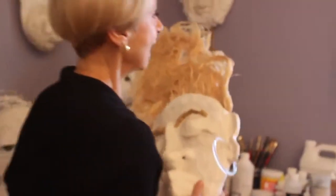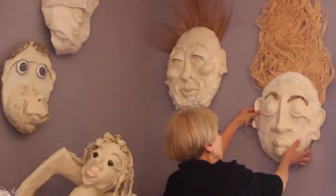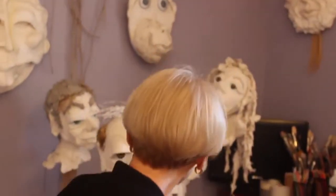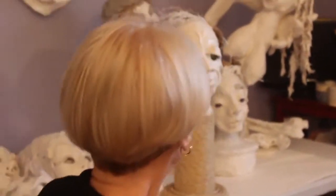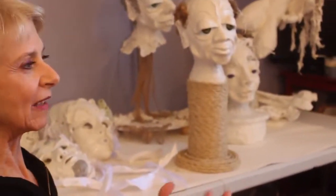But it's strong, and they're very light, because there's a lot of styrofoam in here. Anything that you can carve with is in them. So it was sort of a fun way to, I like the engineering kind of idea behind things, of how you get things to hold together, and like his neck was made. Well, you can't see it. This part of his neck was a swim tube. So how am I going to get something light enough to have it be a long neck? So I like the process